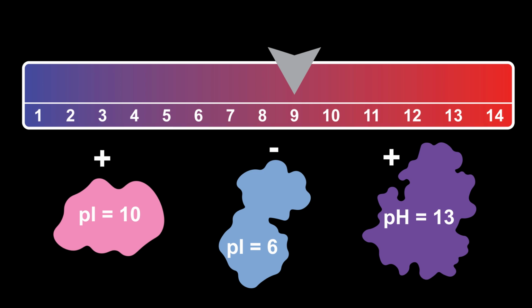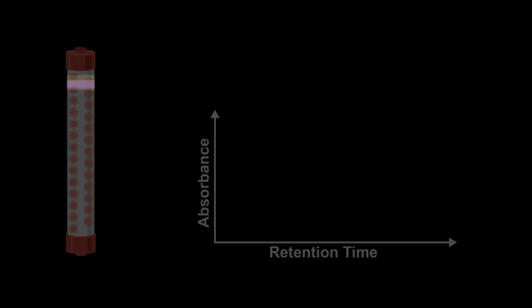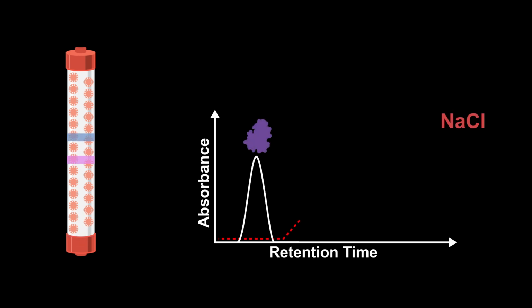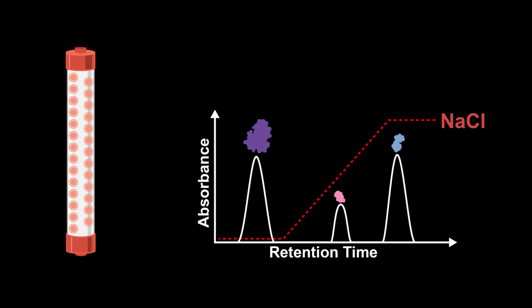This difference in charge works perfectly for anion exchange chromatography that utilizes positively charged beads to trap negatively charged proteins. Proteins are then eluted off the column using a salt solution gradient that gradually increases in salt concentration and disrupts ionic interactions between charged molecules. As a result, the more negatively charged the protein, the tighter it binds to the beads,